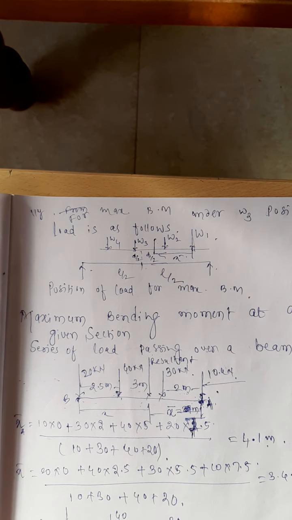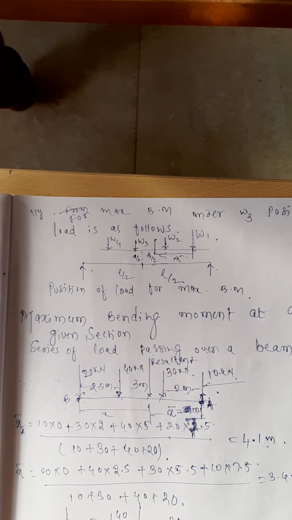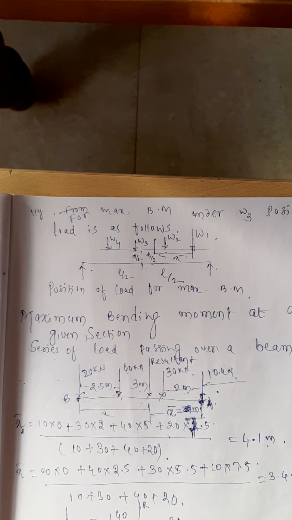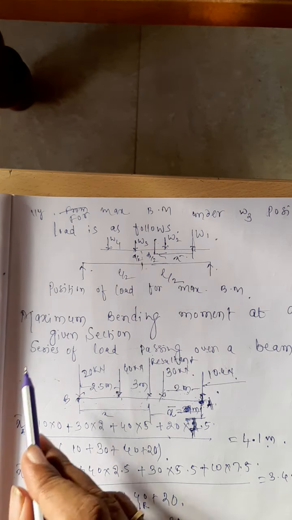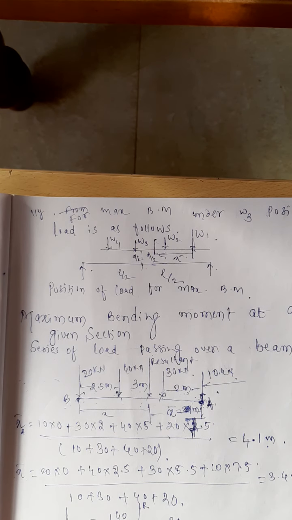Now this is the system of loads. What I did now is this is the 2 meter, 3 meter, 2.5. When I got the resultant, say the resultant R is somewhere here, from this end it is located at a distance of 4.1 meter. So from this end we have calculated it as 3.4. If you want, you can check it: 4.1 plus 3.4 is 7.5, the total length of the load.